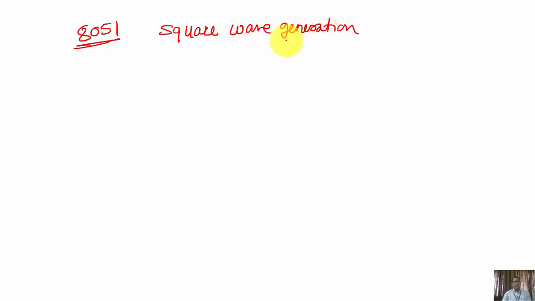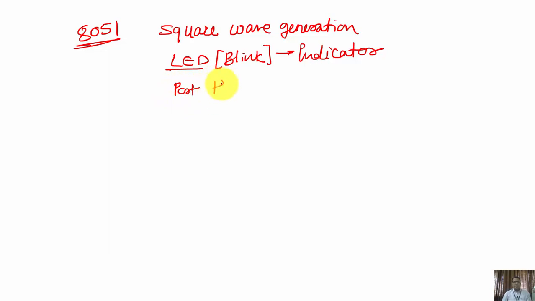or to understand code programming. Simple one LED we are going to interface, and we are going to blink this LED, which is also known as a simple indicator application, or we are going to deal with simple port handling. We are going to take data from one port, wait for some amount of time, and after this time send the data as output or process it for further action.